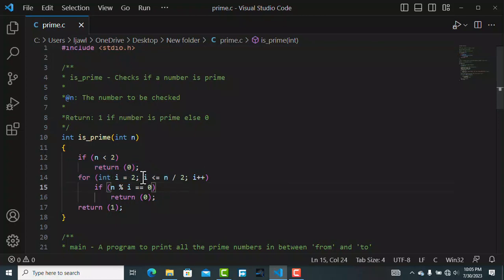We're declaring i to be 2, since we know that any prime number starts at 2 and upwards, and then we are running this loop while i is less than n divided by 2, and on each iteration we're checking the value of i. So if n divided by the current value of i gives us a remainder equal to 0,